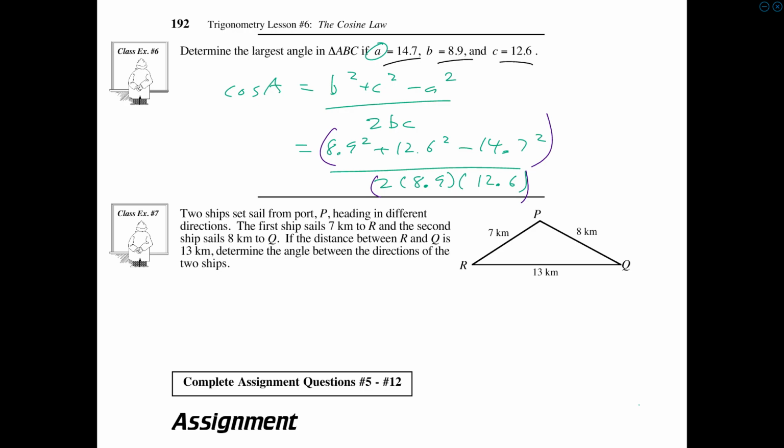So 21.88 divided by 2 times 8.9 times 12.6, and I bracketed that whole bottom expression to keep it together. So I end up with 0.09755. In a case like this, sine, cosine, tan, they use fairly precise numbers, so it's worth carrying a